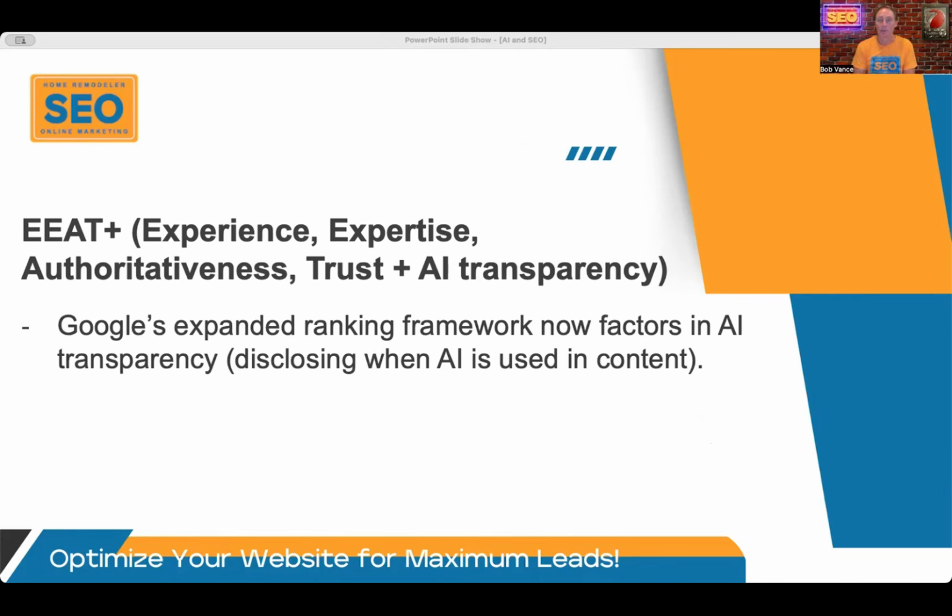What you're doing is building that experience factor, that expertise, and then you have those clear authorship signals that boost search visibility: the articles you write, you being the author of them, and the Google reviews you're getting, which build trust, and you have those featured on your website as well. So think about how you can build experience, expertise, authoritativeness, and trust into all your web pages, your social posts, everything you're doing. That's what's really going to drive more success for you in terms of the Google algorithm.